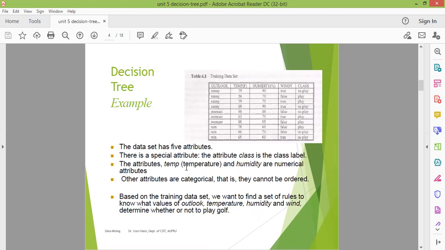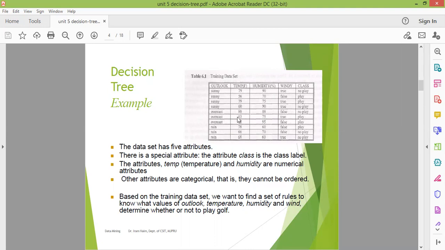And what are the 5 different columns? Outlook, temperature, humidity, windy, and finally at the last, we have the class label. And you can see the class label is binary here, either play or not play. Suppose we take the first row. The outlook is sunny, the temperature is 79, the humidity is 90%, and windy is true, and the class label is no play.